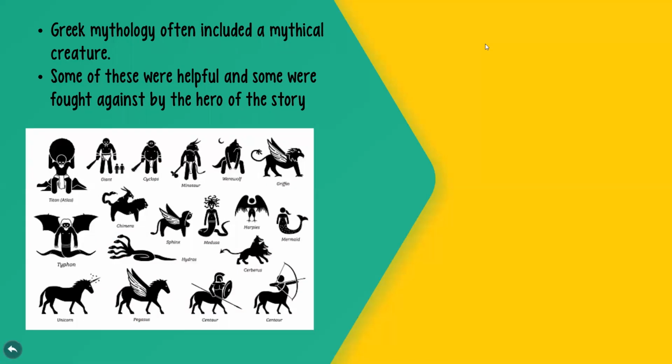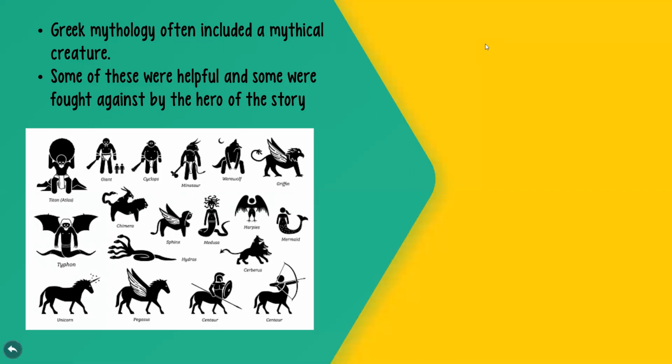So I said before that Greek mythology often included a mythical creature. Now, some of these would be helpful, and some of these were horrible monsters that the hero of the story would have to fight against to prove their worth normally. So, for example, if you look at the bottom there, you've got Pegasus, which is a horse-like creature with wings. If you've ever seen the film Hercules, Pegasus was Hercules' companion. If you look on the other hand, though, we've got someone like Medusa with her serpent hair, or maybe the Minotaur as well. So these are horrible monsters you would have seen